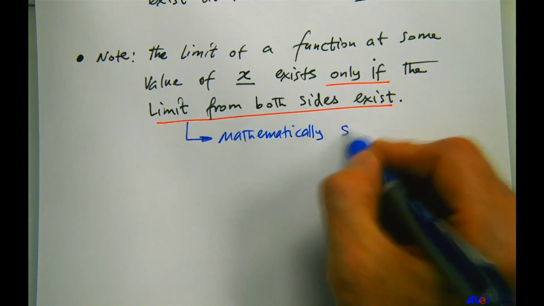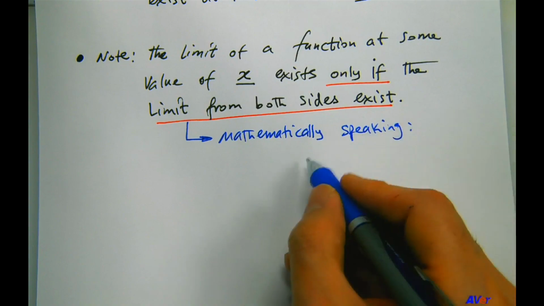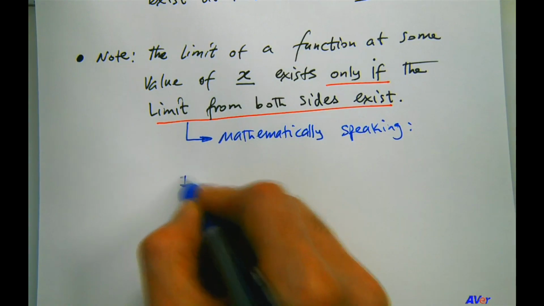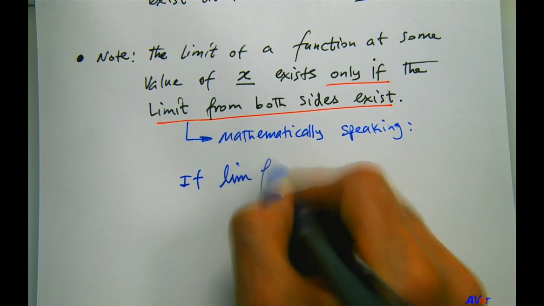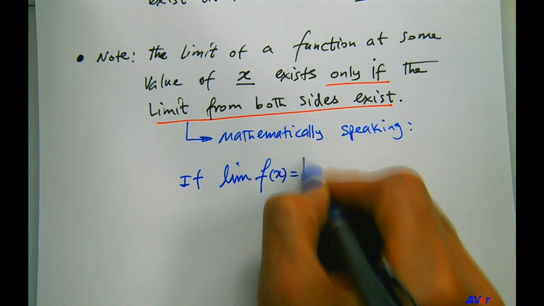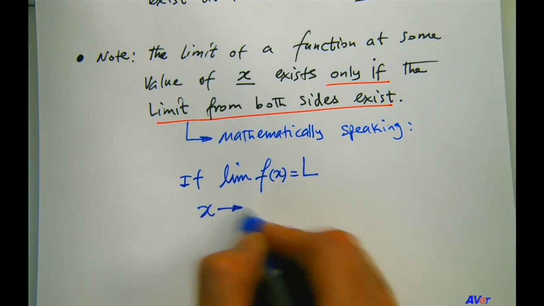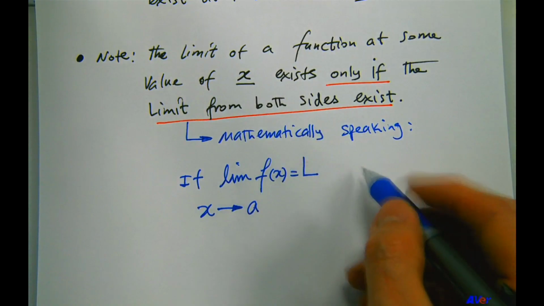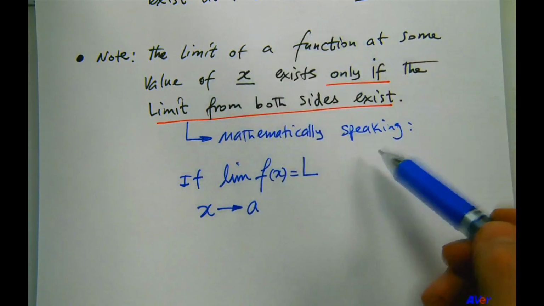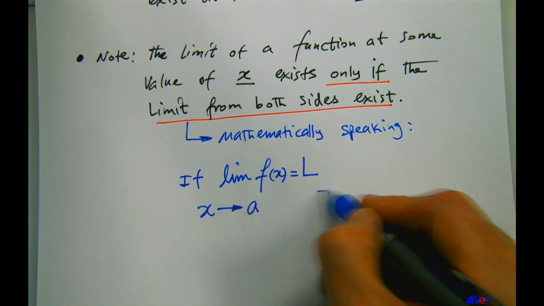So mathematically speaking, we have if we say that the limit of a function f of x equals some value L as x approaches some value A, so this is a general definition, or saying this same statement generally. If that's the case, then